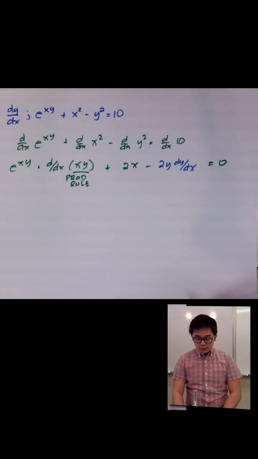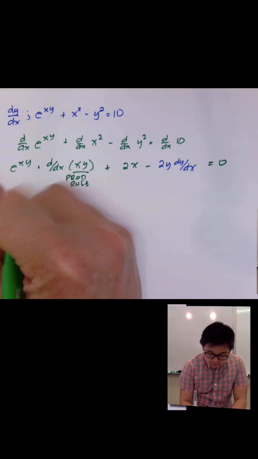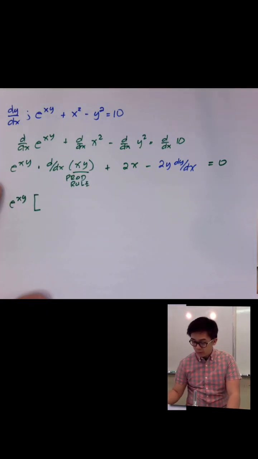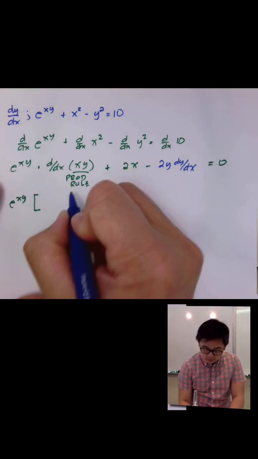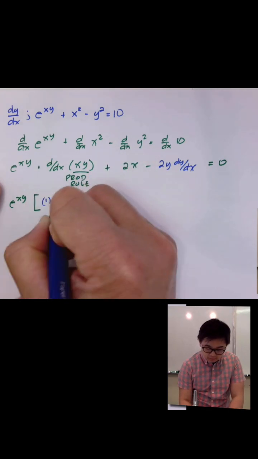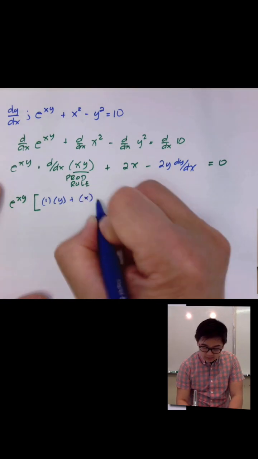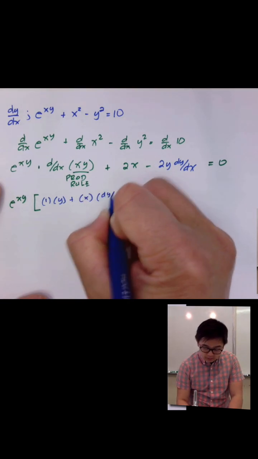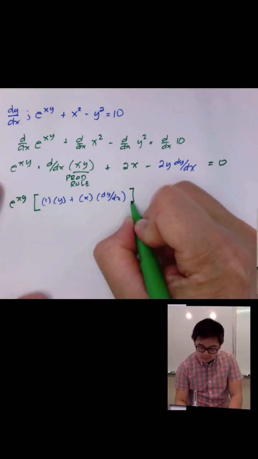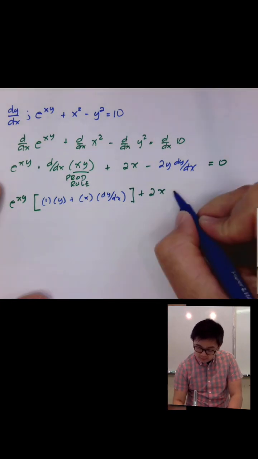equal to 0. So by using the product rule, let's copy e to the xy and take the derivative of xy with respect to x, and we will end up with, usually I just take the derivative of the first and copy the second, plus copy the first, derivative of the second, which is dy dx. And that's my product rule for xy, and the rest of the function will have negative